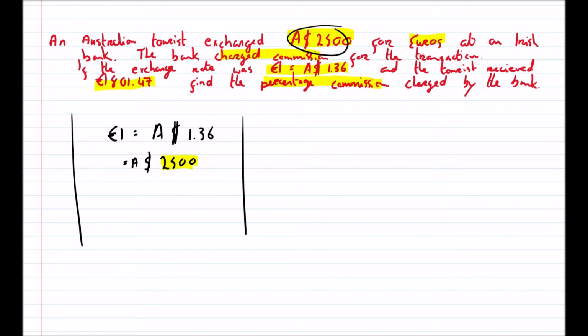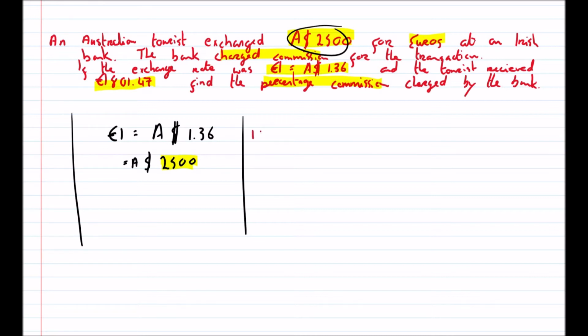Okay. And my question is, what do I have to multiply this 1.36 by to get to 2,500? Right. Let's see. I'm going to divide 2,500 by 1.36, and that will give me